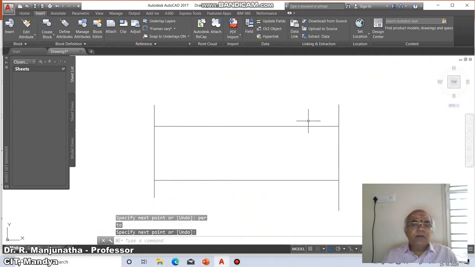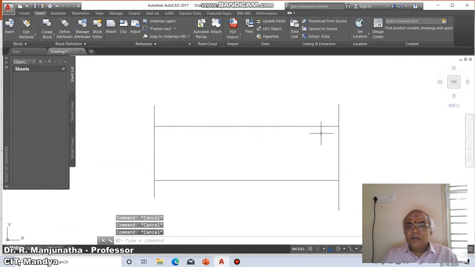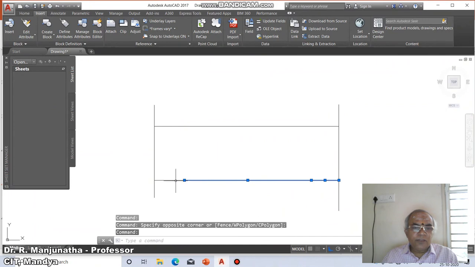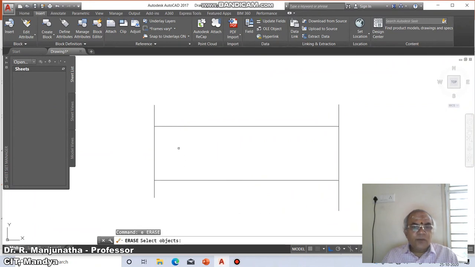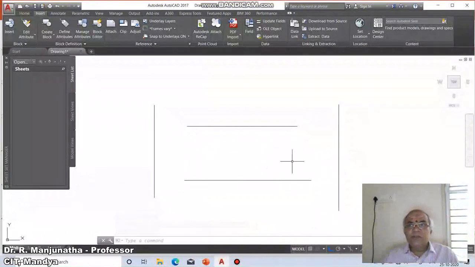But this is not an extend command. That is basically because suppose if I select, you can see here this line is different, this line is different, and this line is different. This is not allowed in our CAD, because this has to be a single entity, and similarly here also this has to be a single entity. So that is the reason why we can't use it like this. If I want to select, I should be able to get this line, and also when you want to know the distances and other things, it becomes very difficult to do that.